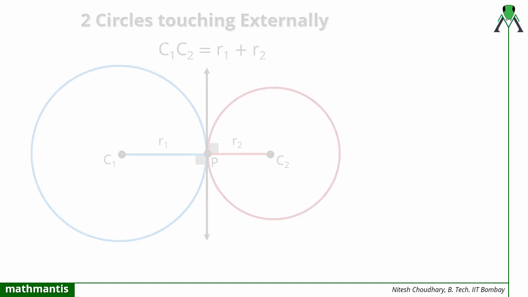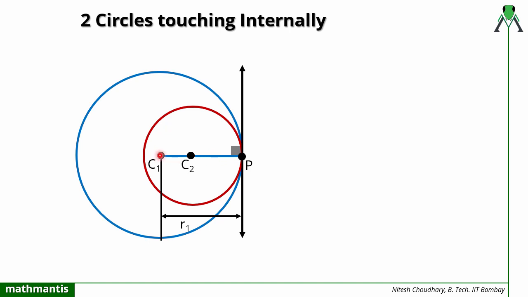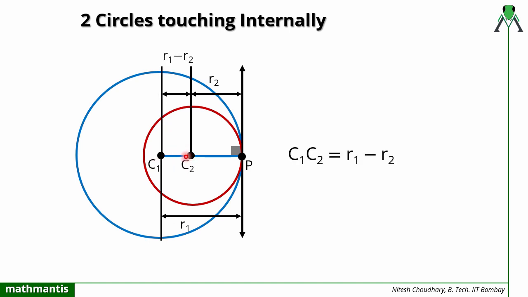Another property is that of two circles touching each other internally. That is in this case. There are two circles with center C1 and center C2. They are touching each other at point P. Let me draw a tangent at that point. Now we will draw a line from the center of each circle to this point P. So C1P will be perpendicular and the distance will be equal to the radius, that is the property of tangent. So this is R1, and C2P will be what? That is the radius of the second circle, which will be equal to R2. So we can see that the distance between the centers of these circles will be equal to the difference of their radii, bigger radius minus smaller radius. So this is the second property that we will use to solve this question.